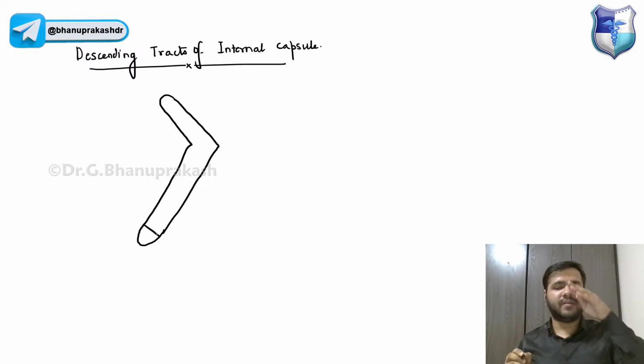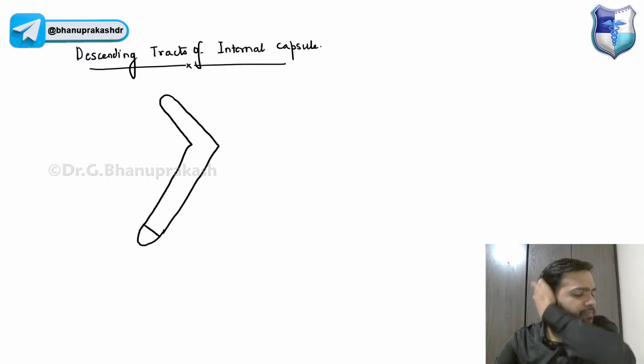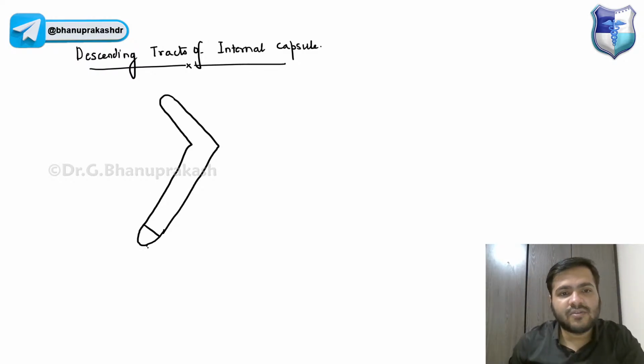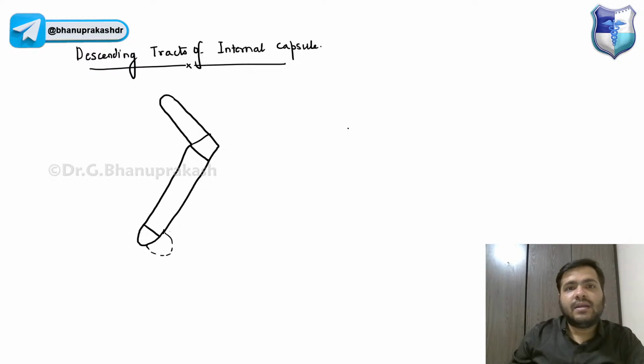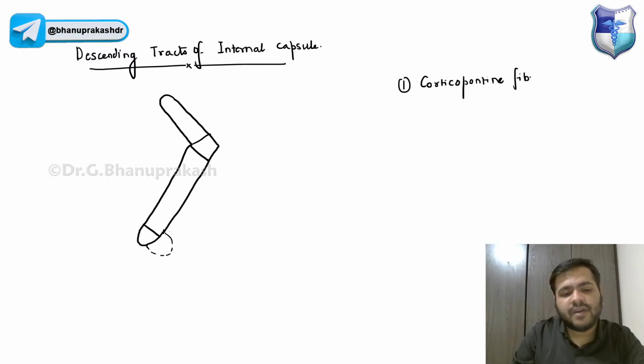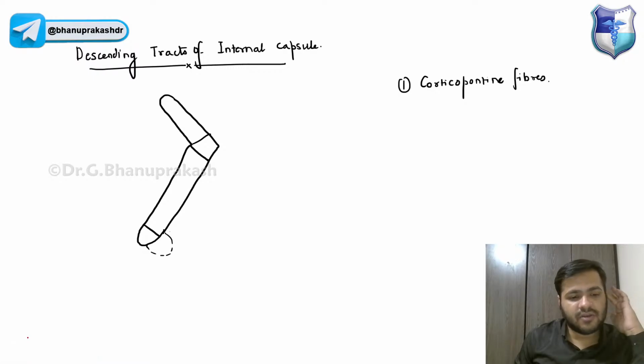Again, the internal capsule and which part is passing from which part of the internal capsule, we will just try to see over here. Now guys, we have the descending tracts. First, you have to remember we have the corticopontine fibers. The corticopontine fibers are again of 4 types. You already know we have, coming from the frontal lobe to the pons,